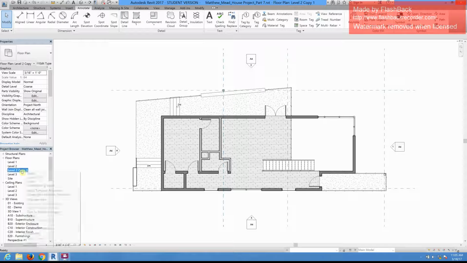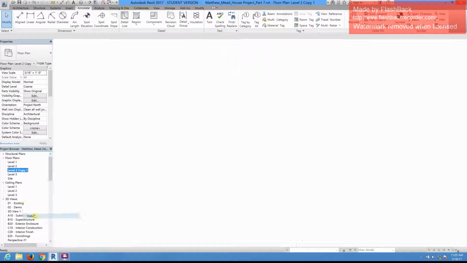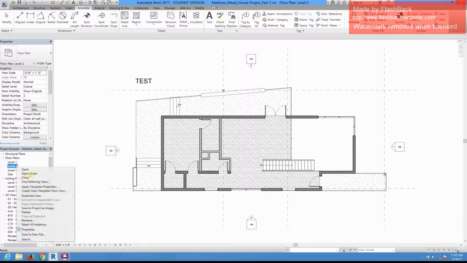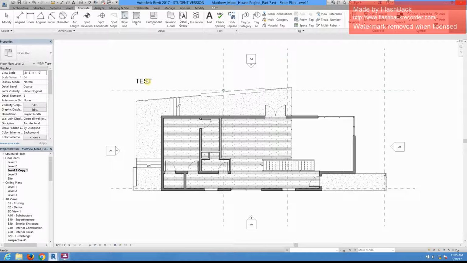Okay, now let me delete this view. I don't need it anymore. Now if I right click on this and go to duplicate view and duplicate with detailing, I'm going to have that word test on there. I'm going to have all of the other detail lines, annotations, text, all of those things that were originally on the view will come with it. So you have to ask yourself the question: do I need all of that extra stuff? Maybe you do,